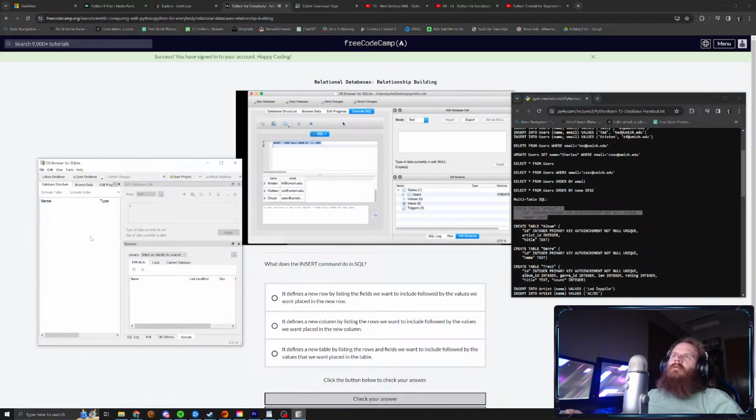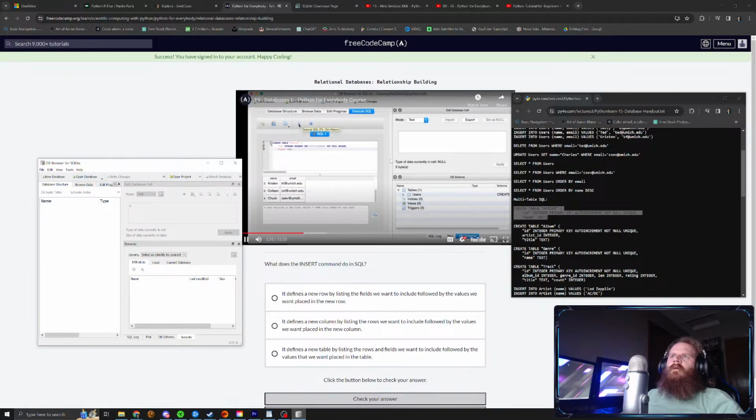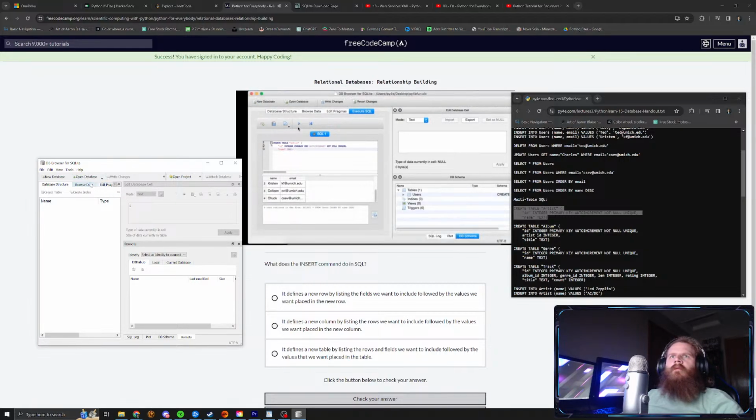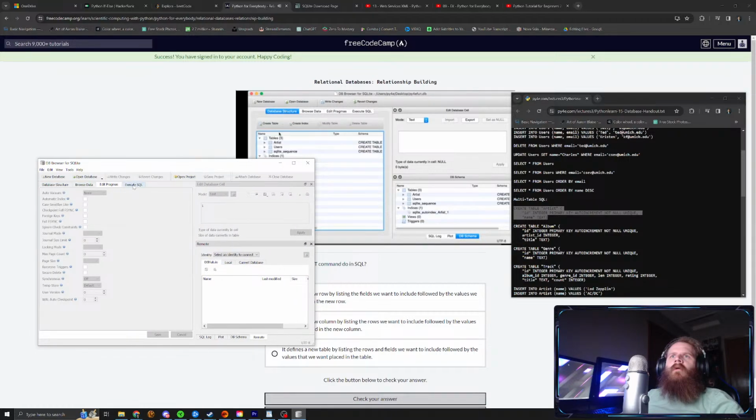We already have our users, and now we're going to do a create table in this SQL, and you can do that. That's okay, that's totally fine. And we have to get this right, and we say away we go. And so now if I take a look at database structure,